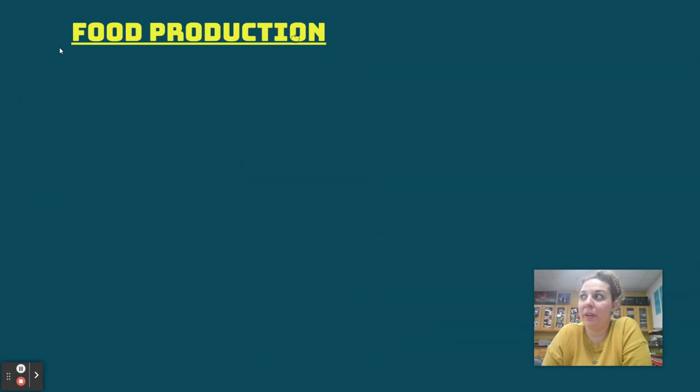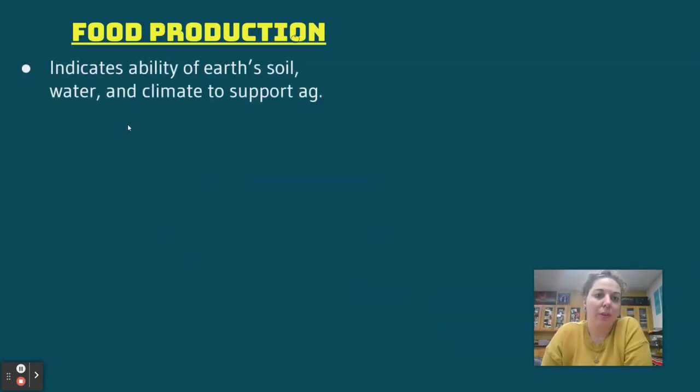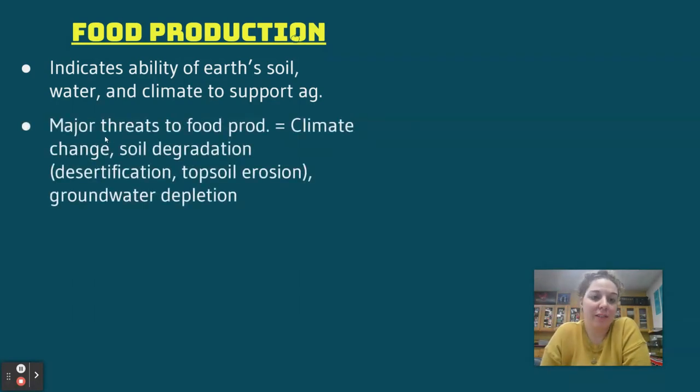The next indicator we can look at is food production. So this is just indicating the ability of our soil, water, and climate to support agriculture. Some major threats to food production are going to be climate change. As it gets warmer, we see the soil drying out, so it's less suitable for agriculture. Soil degradation, so desertification, not enough water, topsoil erosion, and groundwater depletion. All of these things are going to make it very hard for us to produce enough food to